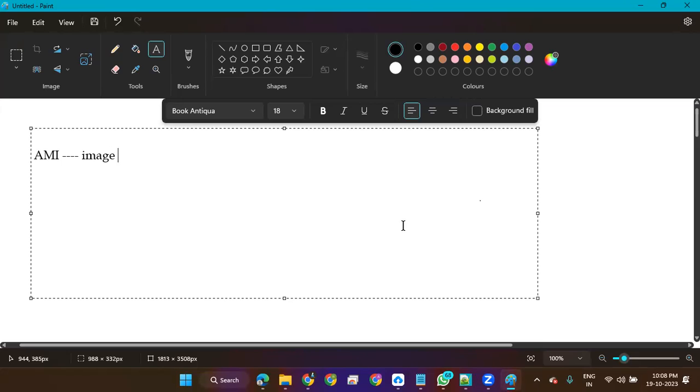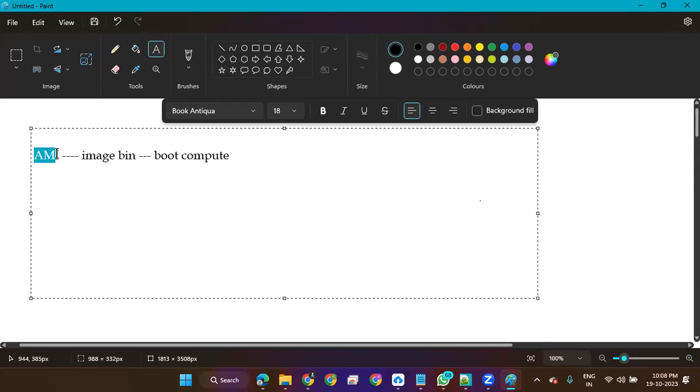So don't think that image means it is PNG format or JPG format or some other format. So image is a binary format of our operating system. What we'll do? We will boot it into a compute engine, like our laptop. We insert a USB drive or memory drive, and then we boot the operating system image, right? So the operating system is enclosed inside the image format.